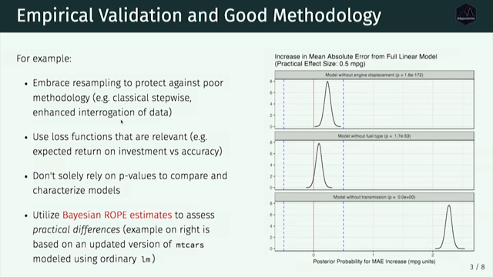There are some Bayesian people who have this idea of what they call a ROPE estimate, and ROPE stands for Region of Practical Equivalence. What they do is something more traditionally statistical. They say, before you start modeling or look at your data, what do you think a good effect size is? If I had 2 models, how different in terms of miles per gallon would they need to be for me to think they're really, really different? You can specify that up front. So let's say you think about a 0.5 mile per gallon difference is a real difference before you start modeling.